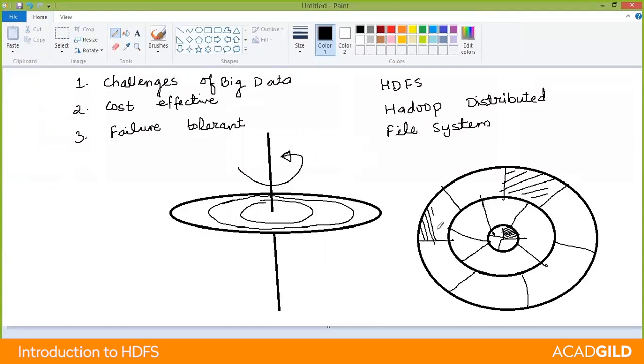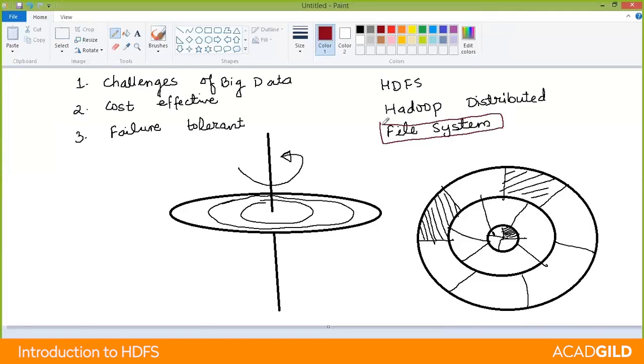So it's not sure that every block will be contiguous in nature, because files keep on getting added, files keep on getting deleted, and as a result, there could be some kind of fragmentation in the hard disk. That is, few blocks may be empty and files may not get contiguous storage. So that is there. Basically, the point I would like to make here is this is the duty of the file